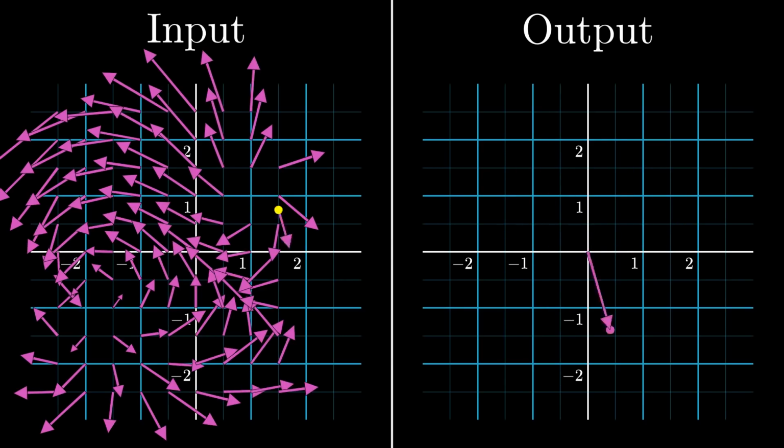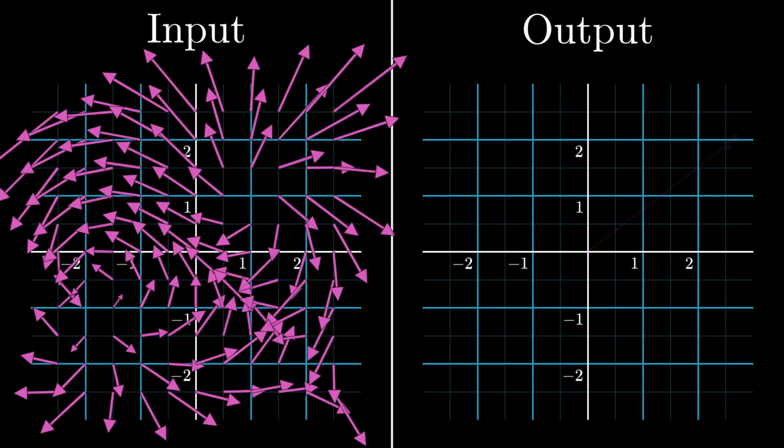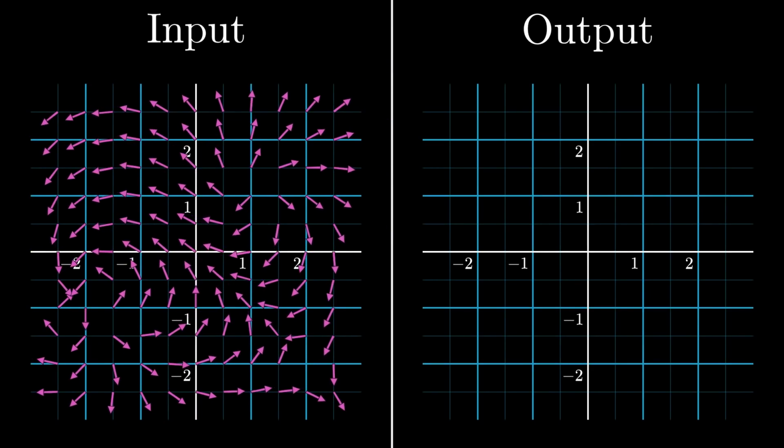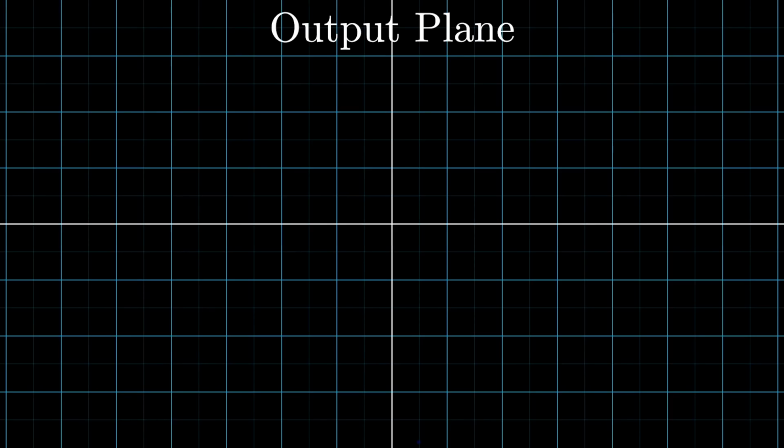And of course, if I'm doing this very literally, you can see it gets a bit cluttered. So one common thing to do is to shrink all of the arrows to be smaller and the same size. And looking at this, you can get a sense just of the directions of all of the output points. But perhaps the prettiest way to illustrate 2D functions, and the one that we'll be using most this video, is